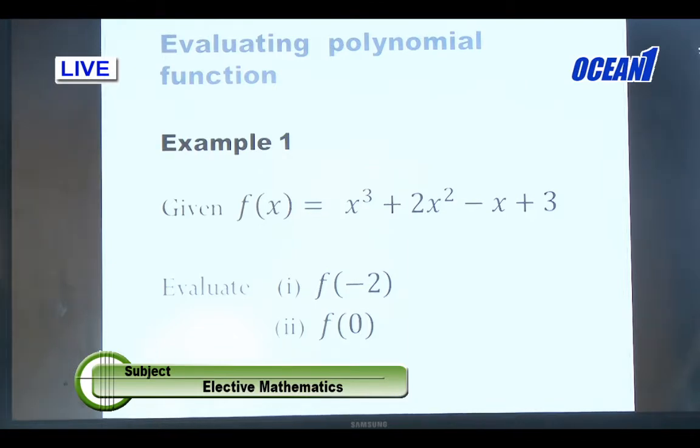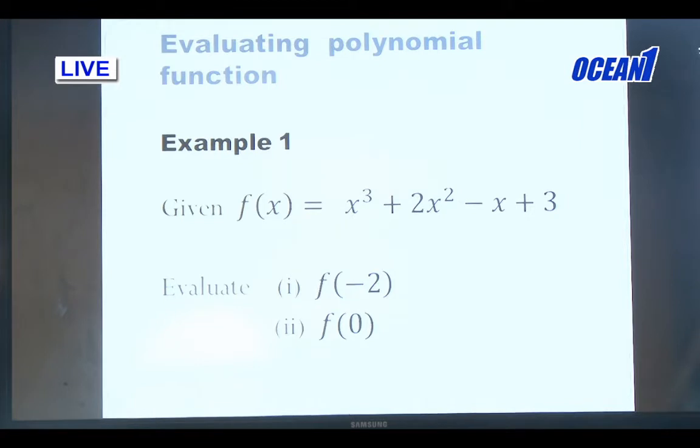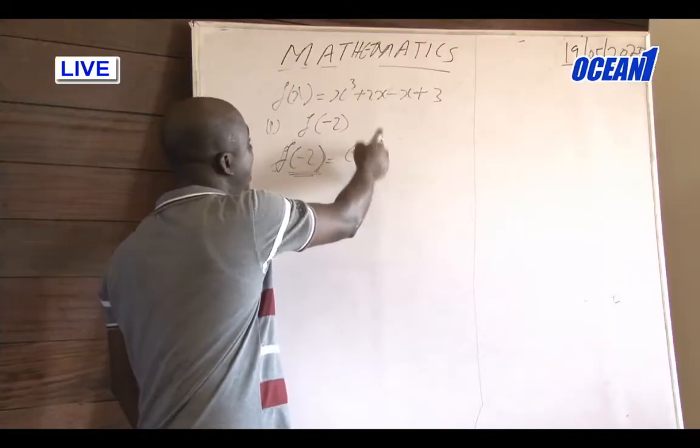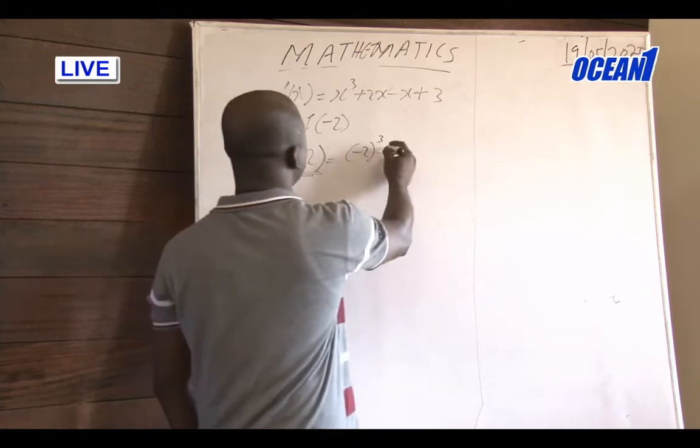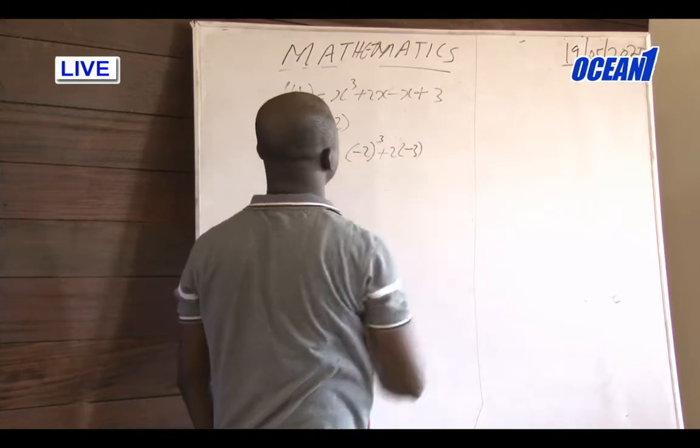Remember that when dealing with negative values, carry the whole of it, with brackets, in your substitution. Don't carry only the minus 2. Therefore, you're going to have minus 2 cubed, and make sure your exponent is outside your bracket. If it's inside, that's as good as not writing it. Then plus 2 times minus 2